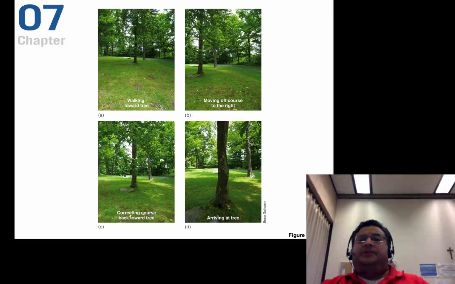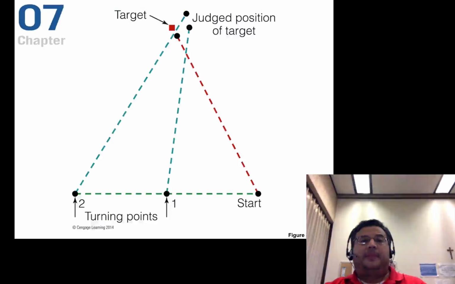This is because we need to have a visual cue. If we don't have a visual cue, if we're not paying attention to a visual cue, we will tend to drift off. So here's an example